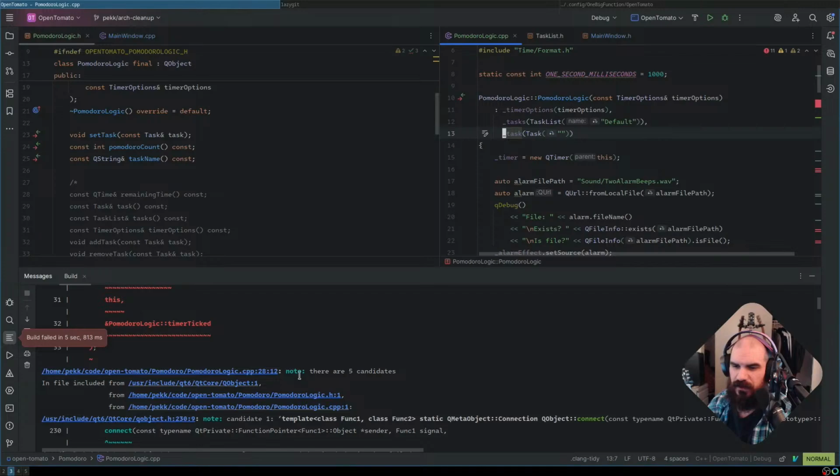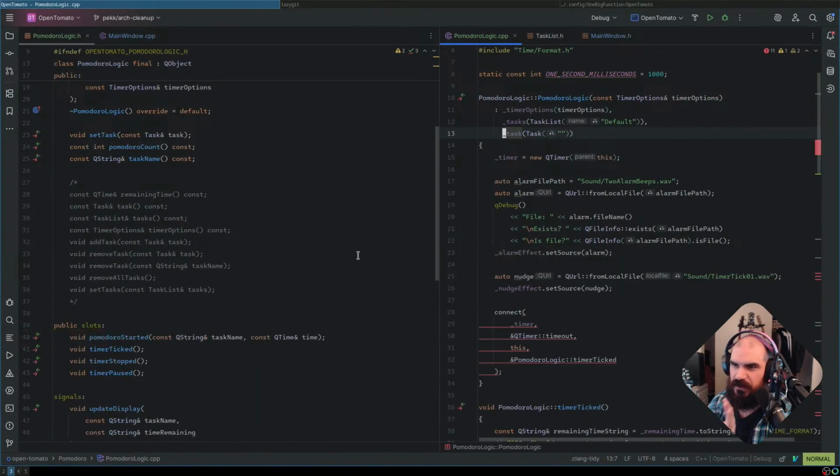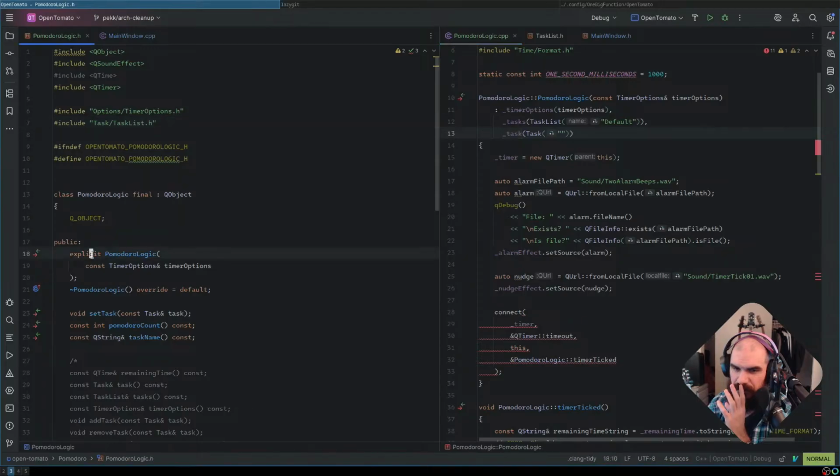I don't know what it doesn't like about this constructor. I genuinely don't know what it doesn't like about my constructor.